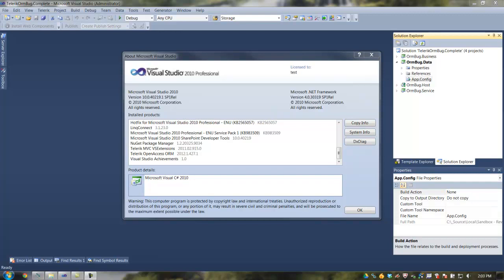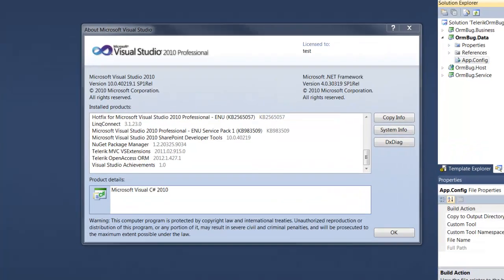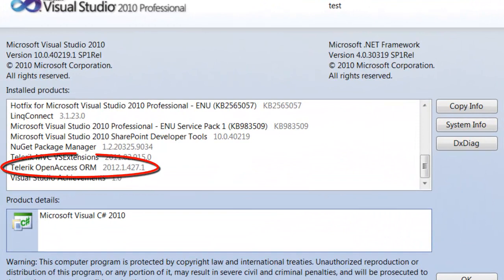So this is just a quick video for the guys at Telerik support regarding what I believe is a bug in the wizards for generating the open access domain model. And if it's not a bug, then this is what I'm requesting be changed. As you can see, I'm using the most current internal build of Telerik ORM,